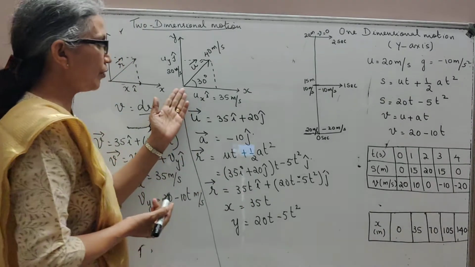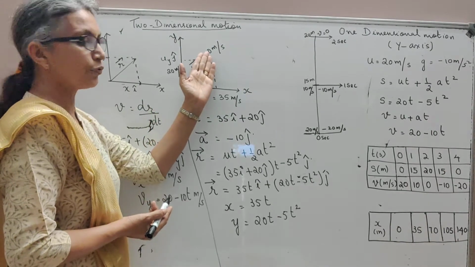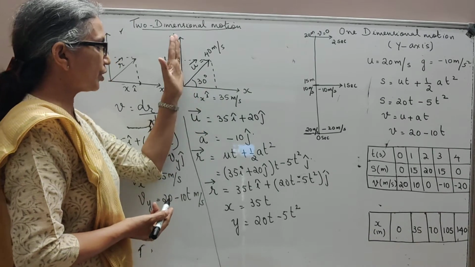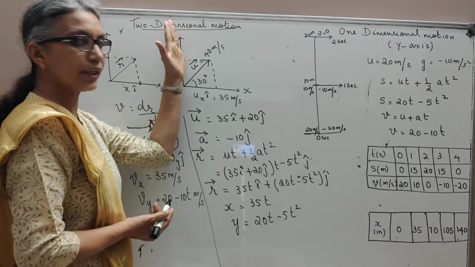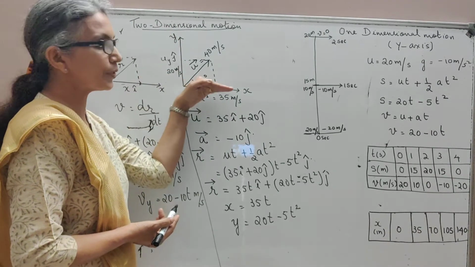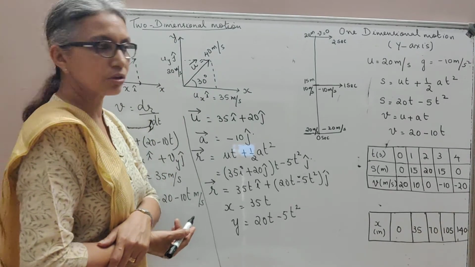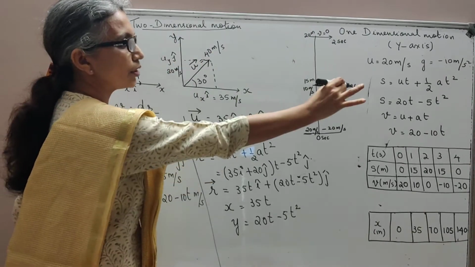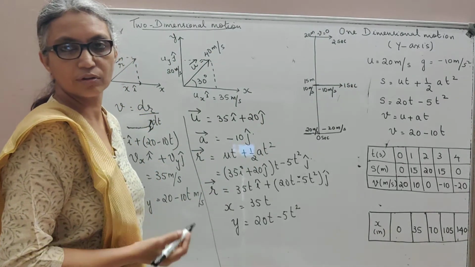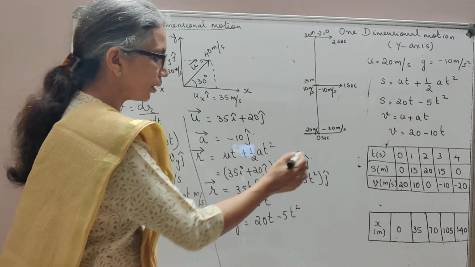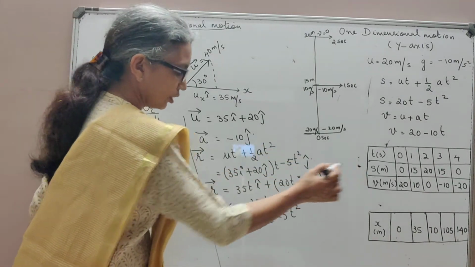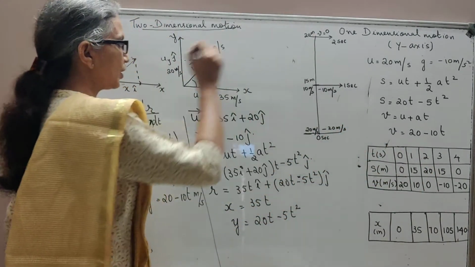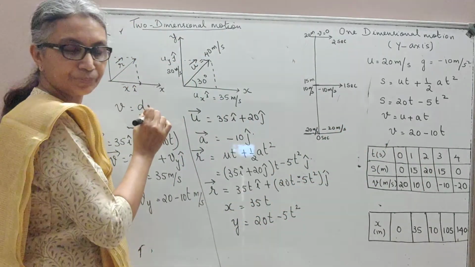In the same case, we have our body here projected with 40 meter per second, making an angle 30 with the x-axis, because of which it has a 20 meter per second component along the y-axis and 35 meter per second component along the x-axis. So its vertical displacement y is exactly similar to that of a one-dimensional motion along the y-axis. If you plot the position of the body using this formula, you are going to get the same values for the displacement along the y-axis of the body.